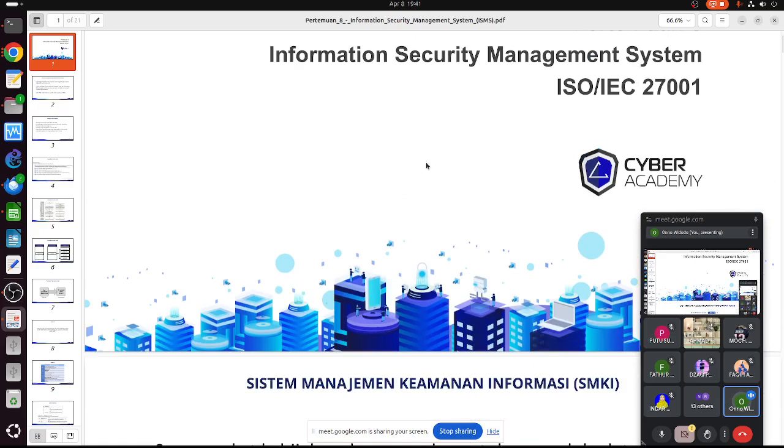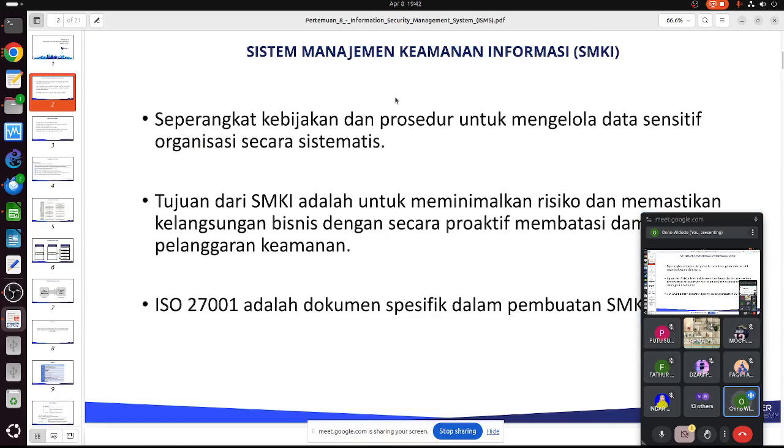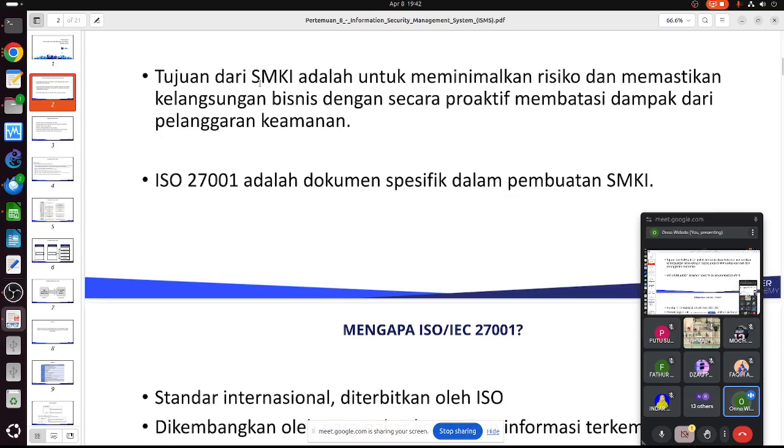Also, we have the Indonesian National Standard, also 27000, basically the same thing. Okay, so this is basically procedure and policy to manage sensitive data. Okay, systematically manage the sensitive data. So basically, the objective of the ISO 27000 is to minimize the risk, make sure the business is running okay, and